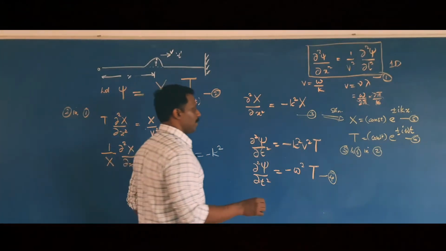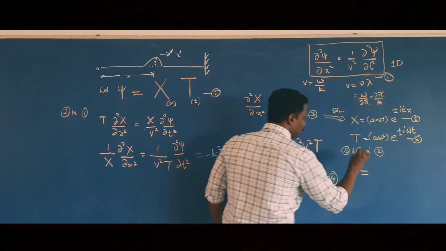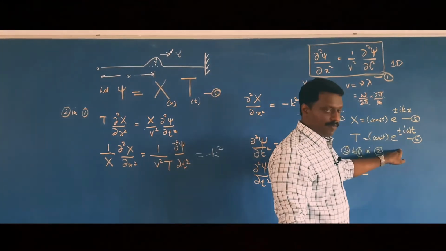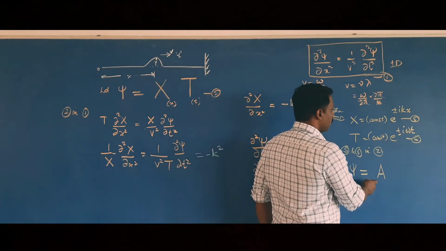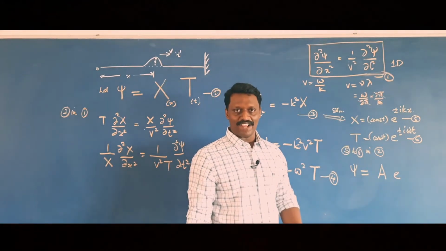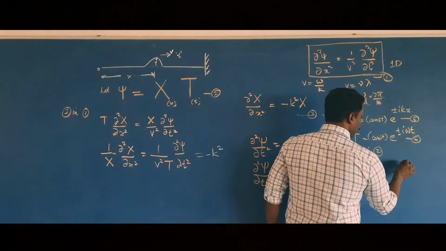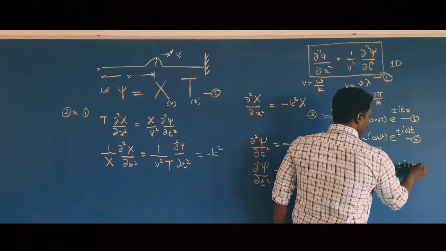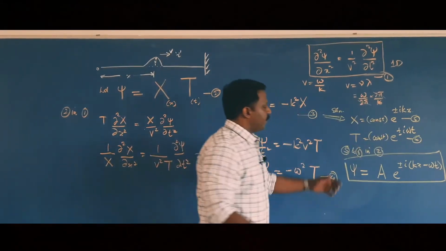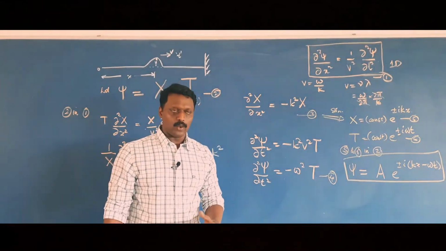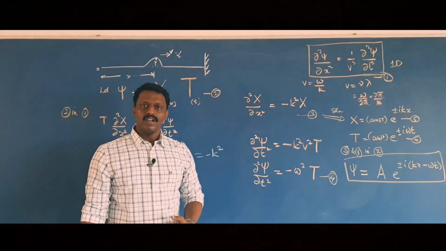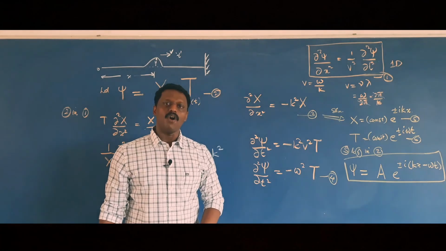So equation 2 can be written as ξ = XT, that is 5 multiplied by 6. So the constant A, e raised to plus or minus ikx multiplied by e raised to plus or minus iωt, can be combined and written as e raised to plus or minus i(kx − ωt). This is the general solution of the differential equation of wave. Any equation which is of the form of the solution also represents a wave.